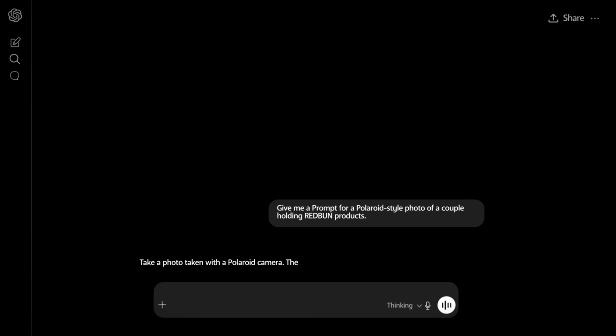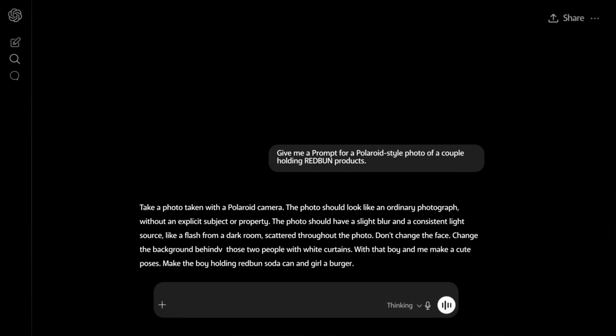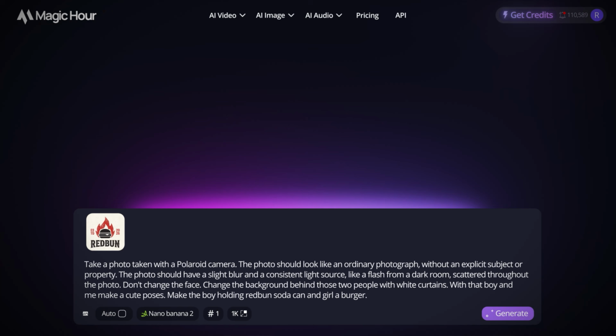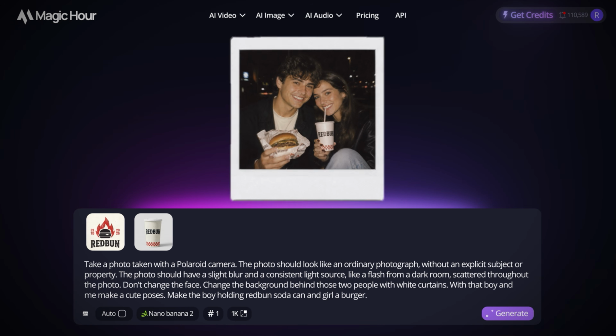This can be considered your final mock-up, showing how your brand will appear in ads or on social media grids. For this, you need some strong positioning ideas, and you can use GPT to generate prompts for them. For example, my first idea is a Polaroid-style photo of a couple holding Red Bun products. I'll provide rough details to GPT, and it generates a crisp prompt. I'm going to use our logo and soda cup as a reference image, and you can see how beautifully it